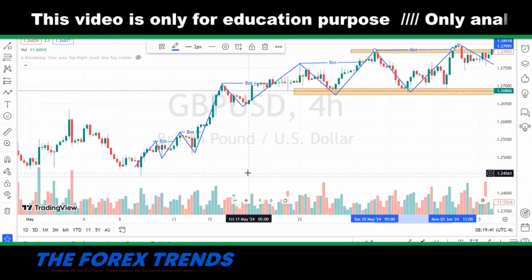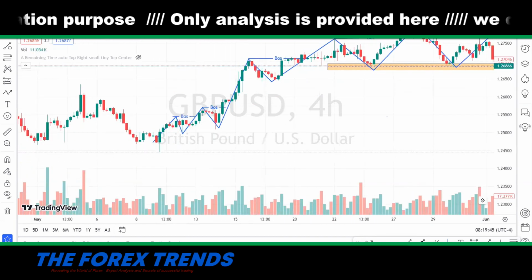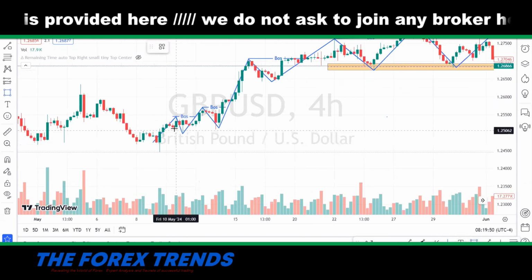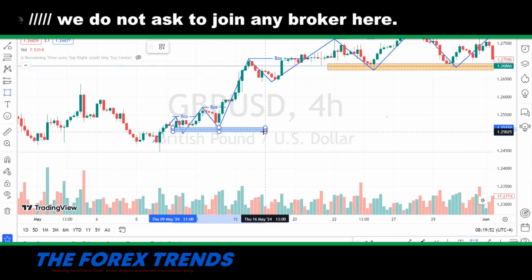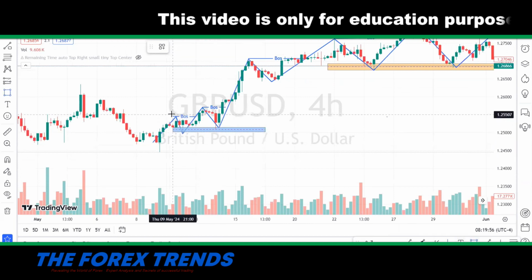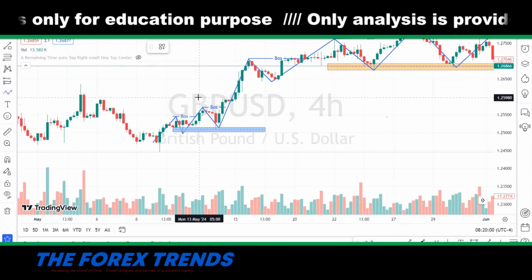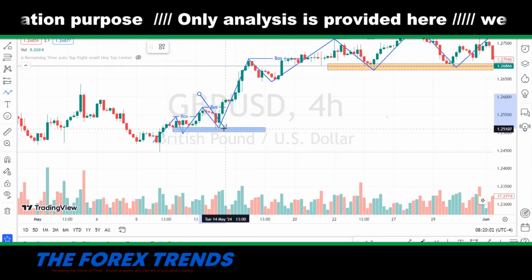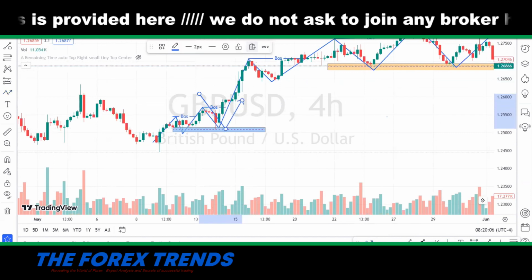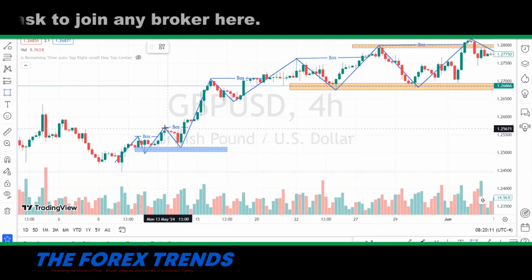Whenever the market creates this kind of structure, we have two points of interest, POI. For the first impulse-correction-impulse movement, there is a first point of interest, and you can see how nicely the market comes to this level and starts going up. And for the second impulse-correction-impulse movement, we have another